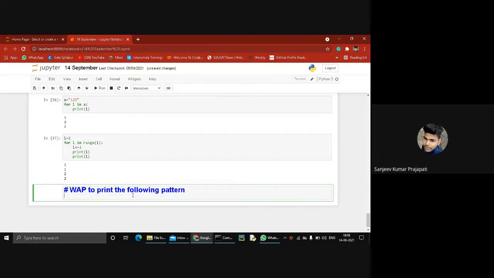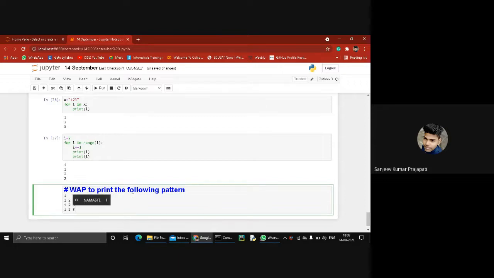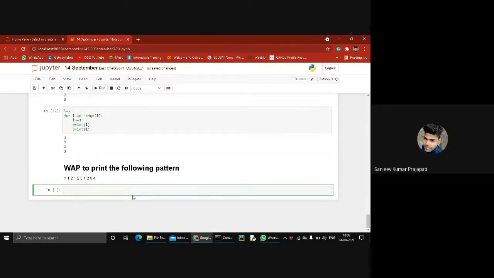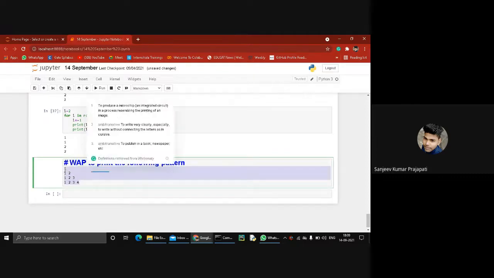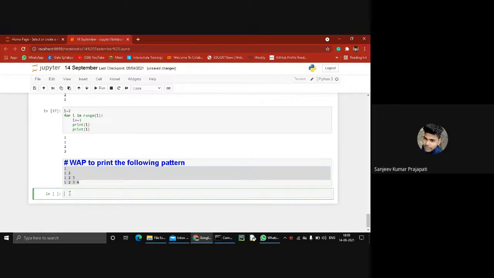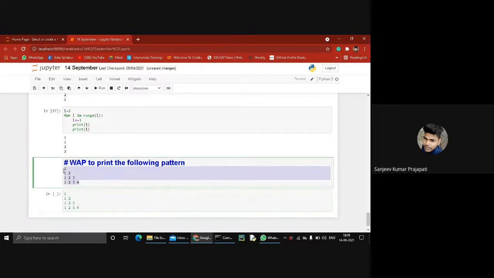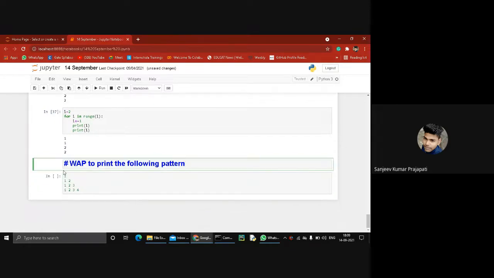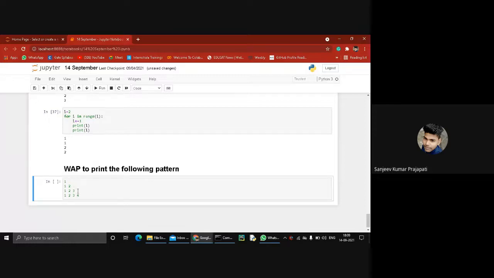The pattern is 1, then 1 2, then 1 2 3, then 1 2 3 4. Now write a program to print the following pattern like this.